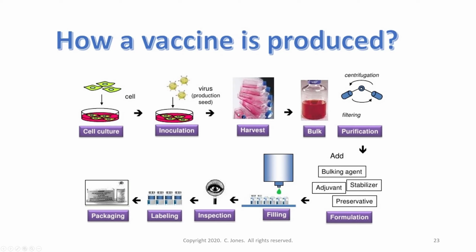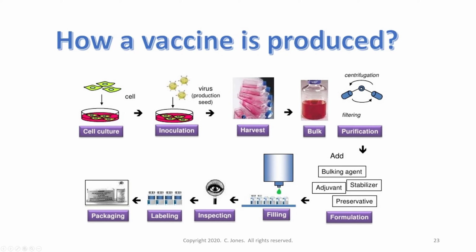We scale this up, and actually for biomanufacturing, it's not an individual flask. This goes into large-scale bioreactors, which will be 5,000 liters in volume. Right? Then we need to purify the virus from the cells and package it. We add our adjuvant, our preservatives, these are all excipients. Then we need to fill this into individual doses.